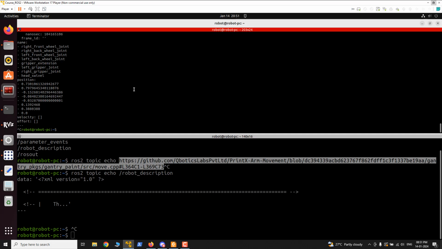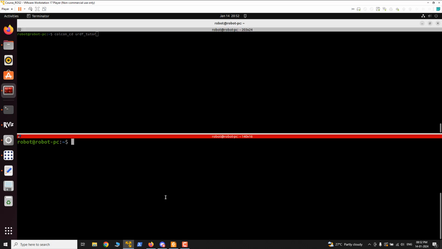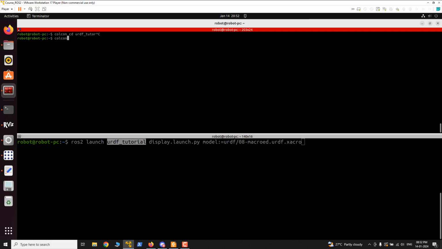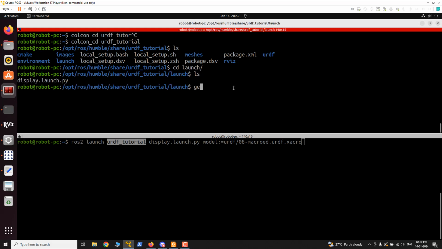Or maybe I can take it from the system itself using colcon cd. I'm just switching to the URDF tutorial package,